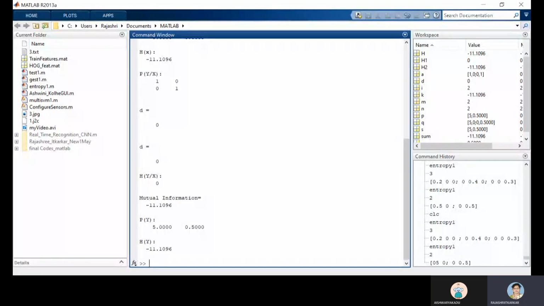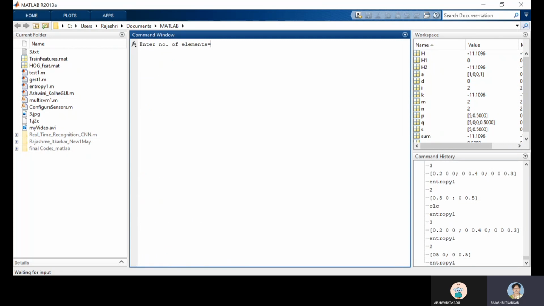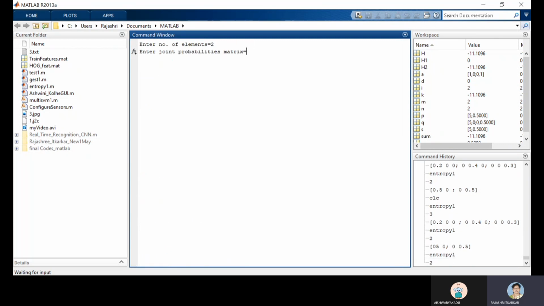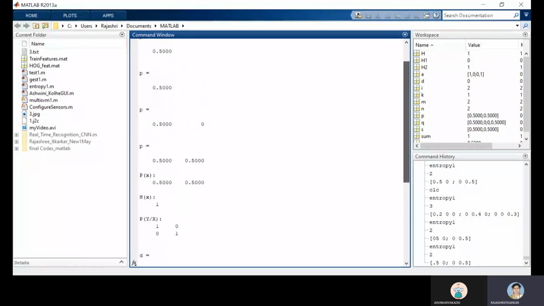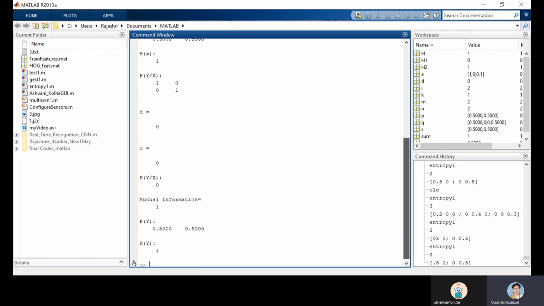Another shortcut key which I'll explain is the up arrow key. Whatever you have typed remains there, like the previous things. So I'm using the up arrow key to change it, and it gives the program name entropy 1 that I want. Once again I'll type it. It's 2. Then these elements have to be 0.5 actually. Okay, 0.5 and then 0.05. Yes, so this is the correct output for the binary symmetric channel. This is how you can perform the experiment.